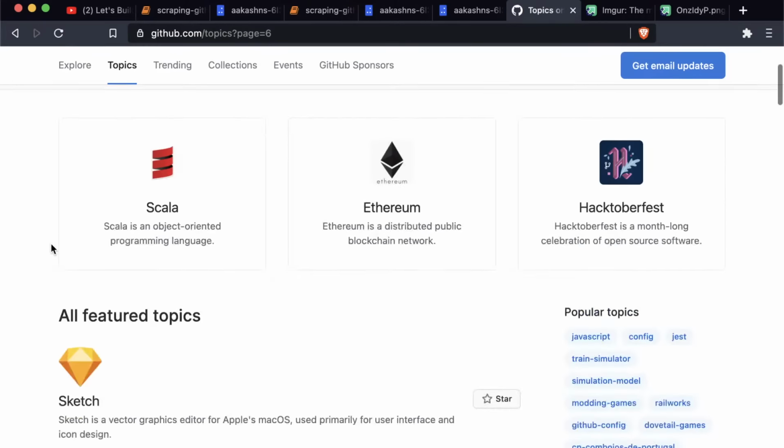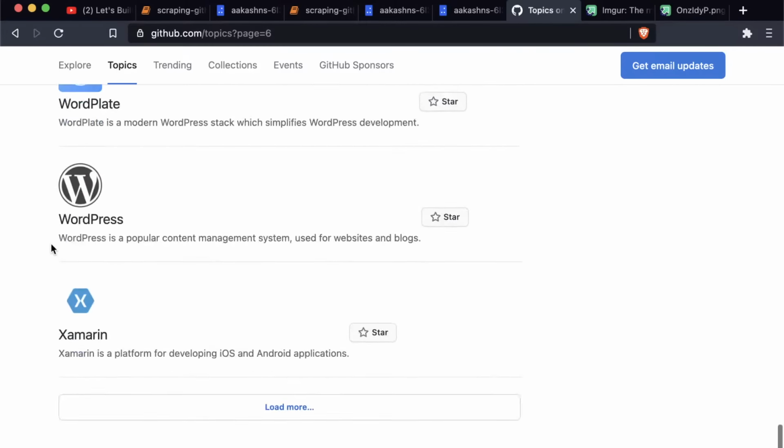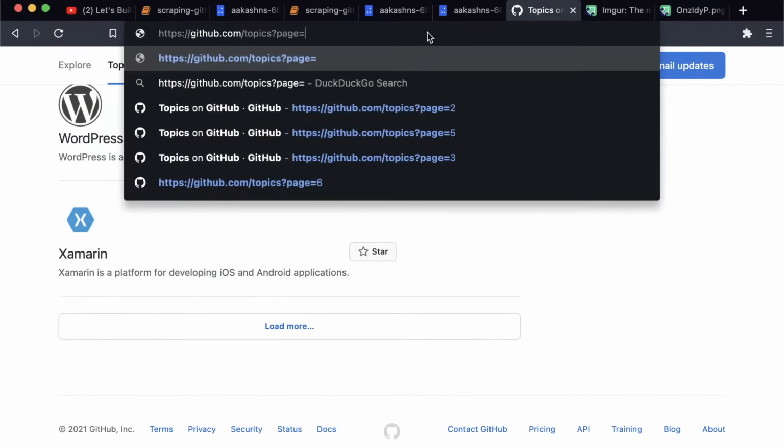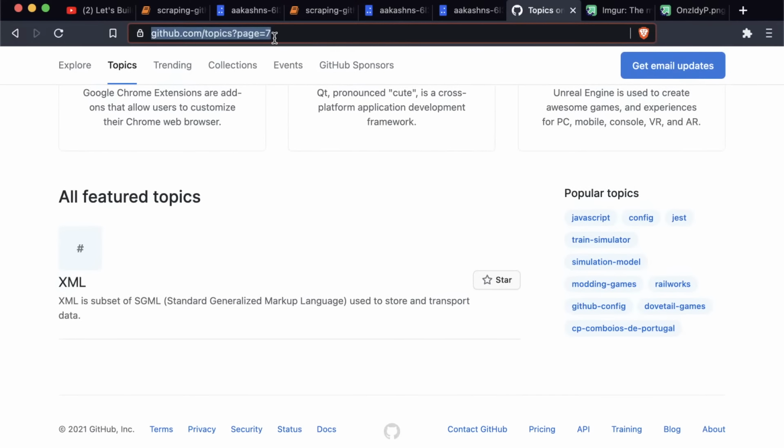Page number 6. Yeah, so that goes up to STUV WX. Let's see if we have a page 7. So you have 7 pages. So what you can do is you can take all the 7 page links and use that to get a list of all the featured topics. Of course, page 8 is empty. You will see here. So that's how you get the list of all the featured topics and not just the